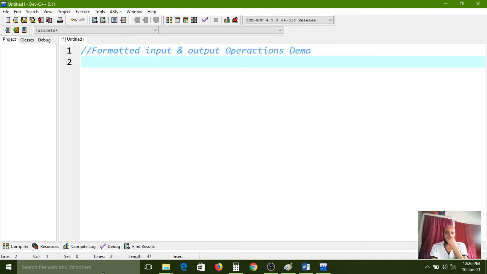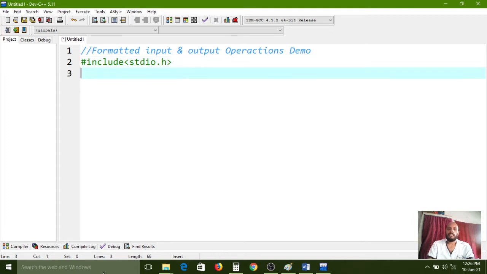In the C programming language, if you want to do any input and output operations, we have to use the printf and scanf functions, and #include <stdio.h>. This header file contains the logic of the input output functions. The full form of the header file is standard input output dot header.